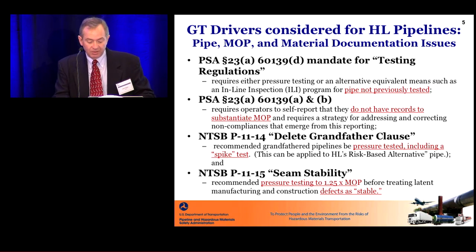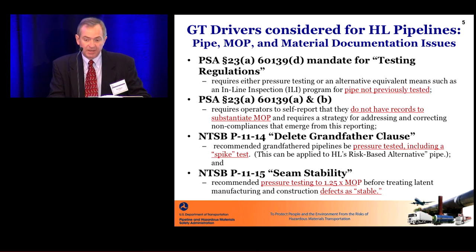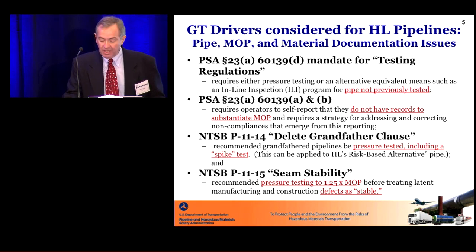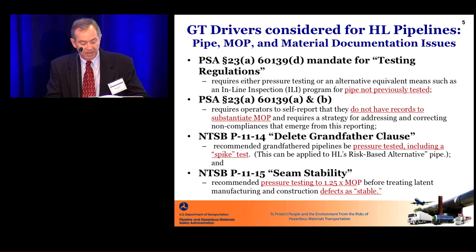Since 2002, what have we seen? And this is all material defects, construction defects, and you can see there's been 154 in our database. 52 of them have been low-frequency ERW and flash-welded pipe. 8 of them have been lap or butt-welded pipe. And there's been over 330,000 barrels of product spilled, approximately 2,200 barrels per incident.